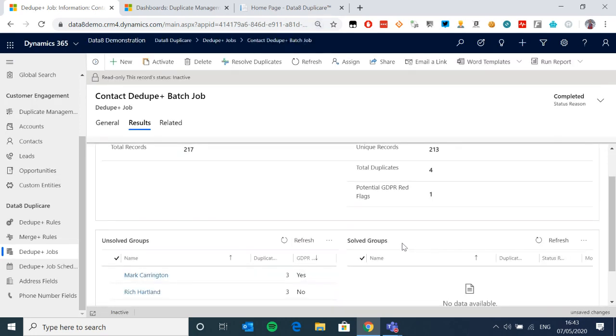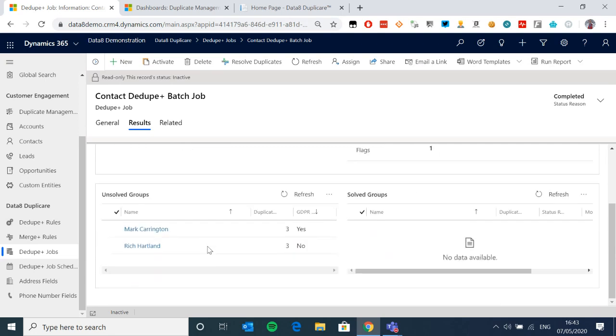a conflict of consent. So the do not email field, for example: one of the records that we think is a duplicate of another one says yes, one says no. So you just might need to be a little bit aware of what records you're picking, based on permissions. So once I've got that, I can either click on the record down there or I can hit resolve duplicates.